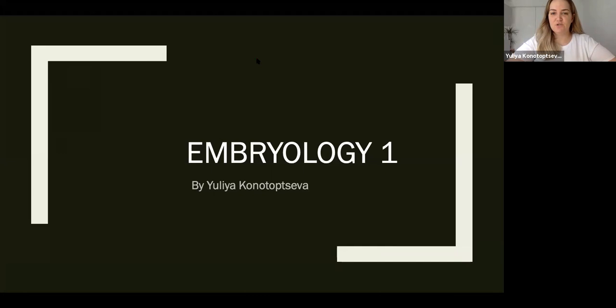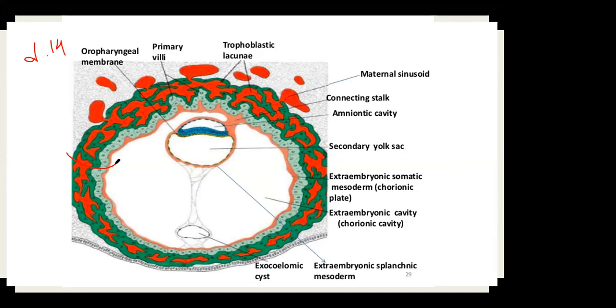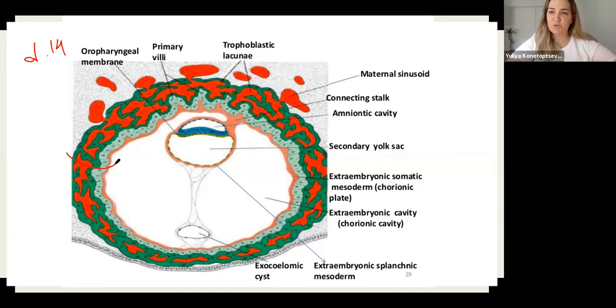Okay, we have finished with this picture. I edited it right now, you don't have it, but we have finished with this picture. You remember that this is day 14 of the blastocyst stage. How do we call this together? Chorionic plate. Yes, we are going to call it chorionic plate. The chorionic plate is going to consist of 3 things, as you remember. The most outer is